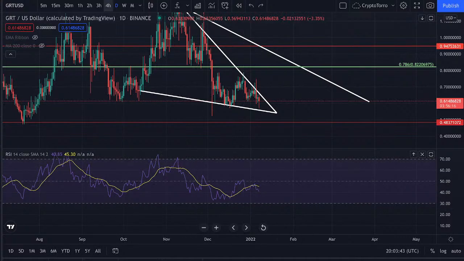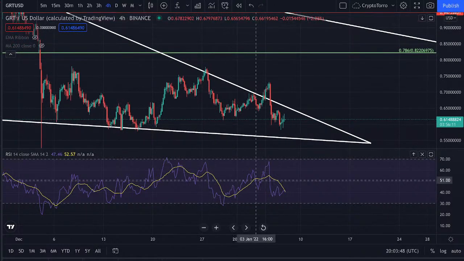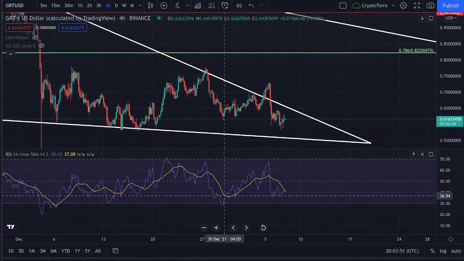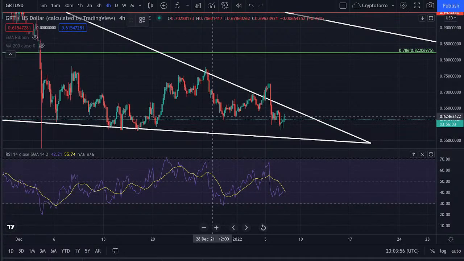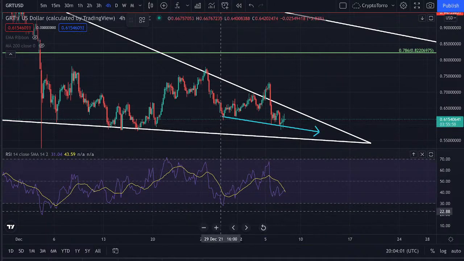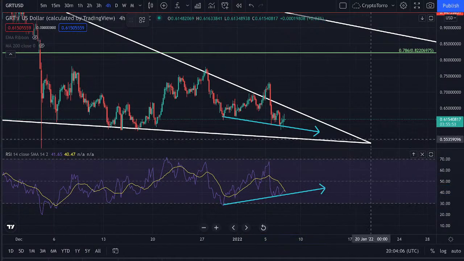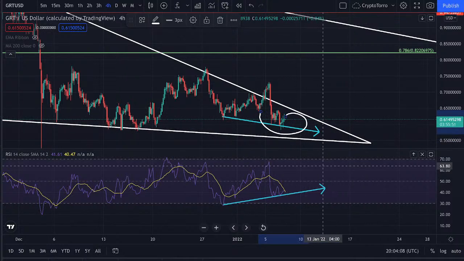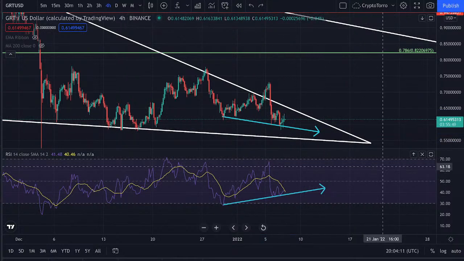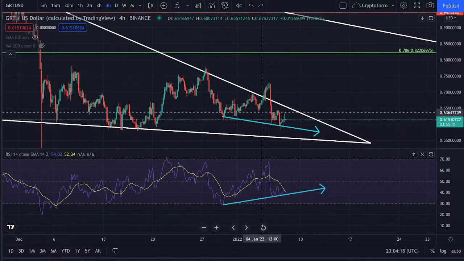On the 4-hourly time frame, if we look at the RSI, let's take a quick look a bit closer. We are seeing a minor bullish divergence. Why is this the case? Well, most of you might already notice, but we are seeing a lower low on the chart, and we are seeing as well a higher low on the RSI. This is clearly a bullish divergence, and it is holding on strong where we are currently trading at approximately 61 cents. So this does look good for the immediate short term on the 4-hourly time frame, and therefore we could perhaps see that crossover on the 4-hourly